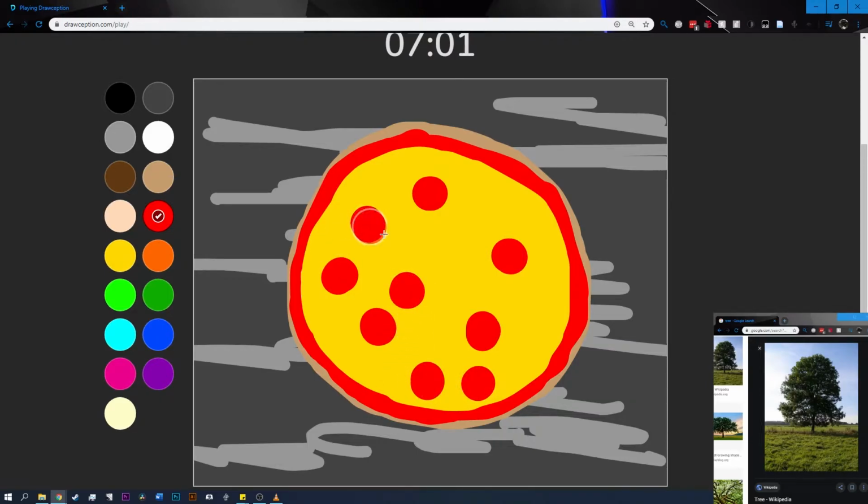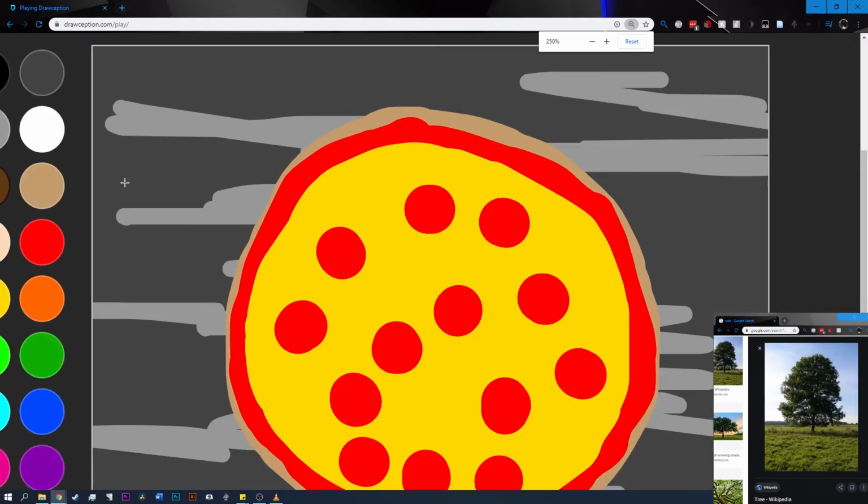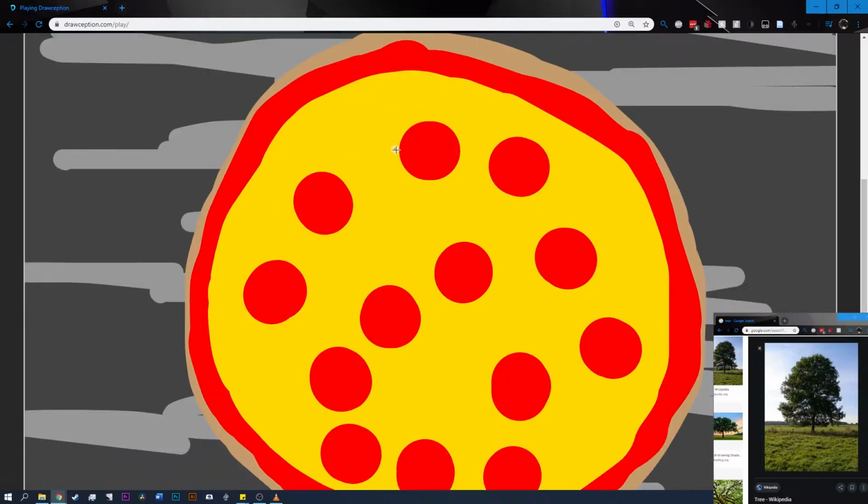Take a look at that. Look how they stand out on that delicious yellow cheese. I think in this case we don't want to confuse them with the sauce. So I'm just going to add a bit of texture on the pepperoni pieces. We could add a bit of white also, if we wanted to go a bit more realistic pepperoni,